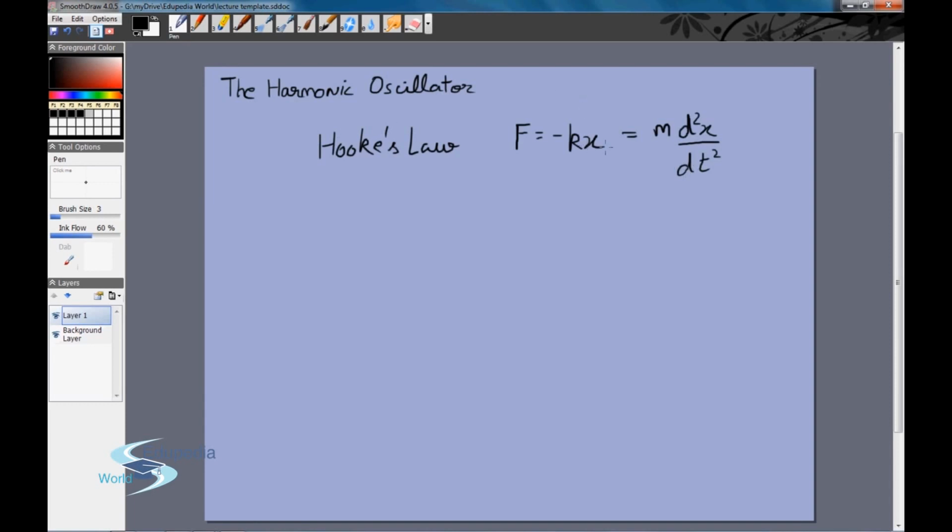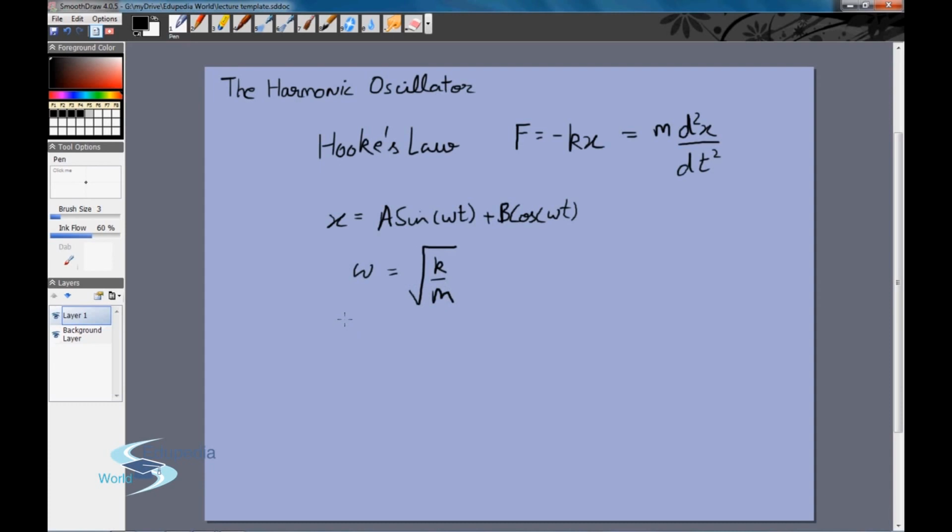By the way, in the previous video, we did the infinite square well for one dimension, and once again, we'll do the harmonic oscillator for one dimension. That's why you only have x. And we know the solution for this in classical mechanics. The solution is x is equal to a sin(ωt) plus b cos(ωt), where ω is the angular frequency